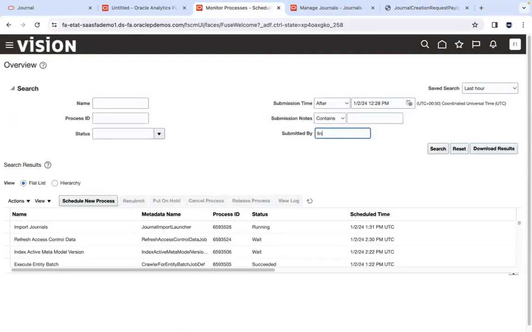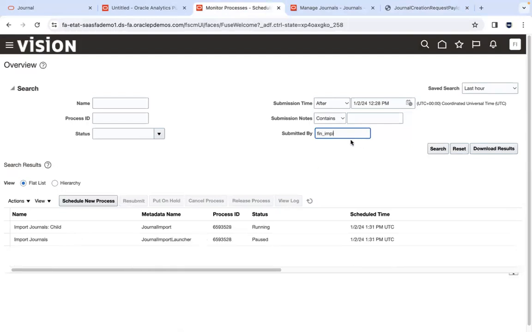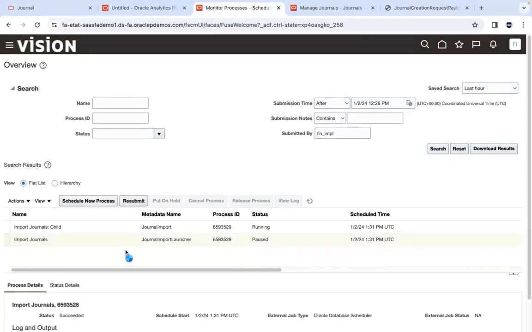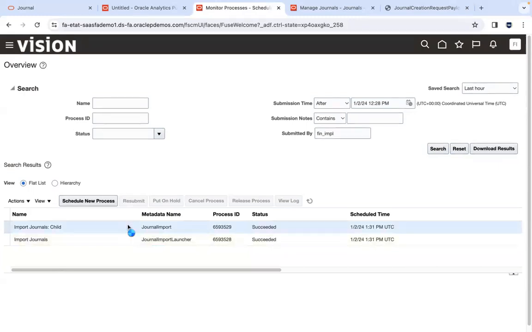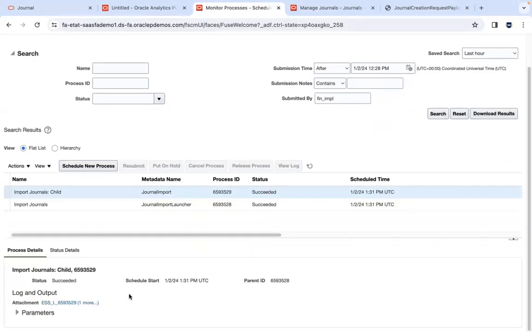And I'm going to apply a filter to see only the jobs that are submitted by FINA MPL user. So you see this job is in pause state. This job has kicked off a child job, and the child job has completed, both the jobs completed successfully. If you go to the child job,